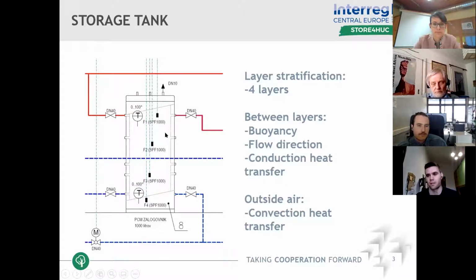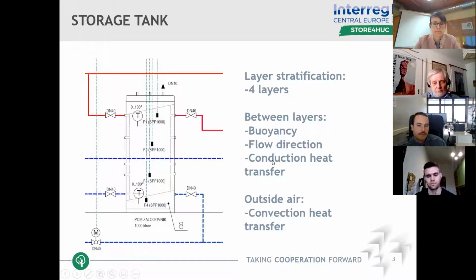Each layer has the same volume, same mass, but they have different surfaces. The layer at the bottom and the layer at the top have a bigger surface than the layers in the middle. We also modeled the effects in these layers, like buoyancy effect, flow direction, conduction of heat transfer,